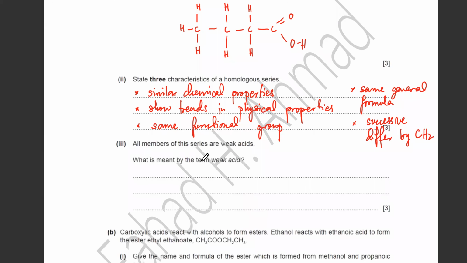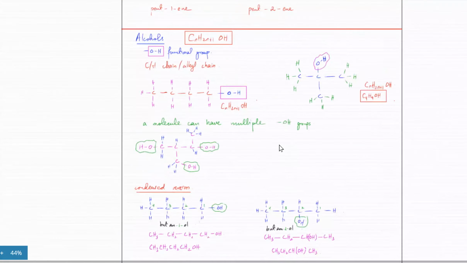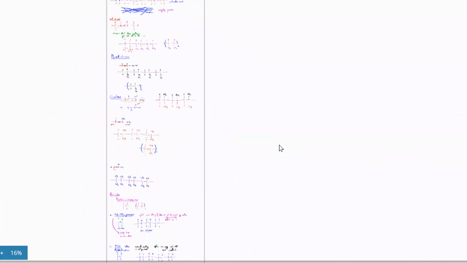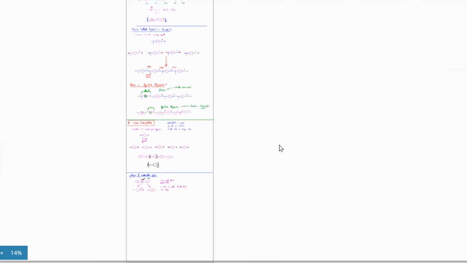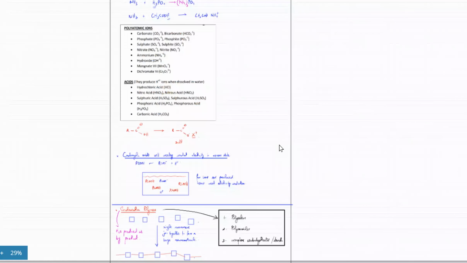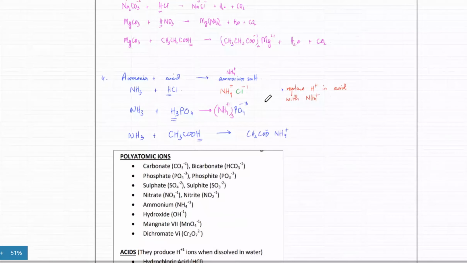अच्छा फिर है कि the weak acids, what is meant by the term weak acid? So we did in the bottom page we did carboxylic acids, and we did discuss alcohols, the condensed version. Just a second, alcohols पे कहाँ आ गए? बिल्कुल ही. So right at the bottom was carboxylic acid. So this one, carboxylic acids, I told you they were weakly acidic. So they conduct electricity. They were weakly acidic. What that meant was कि